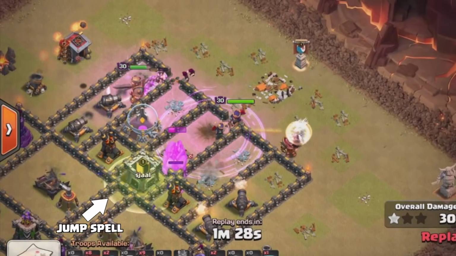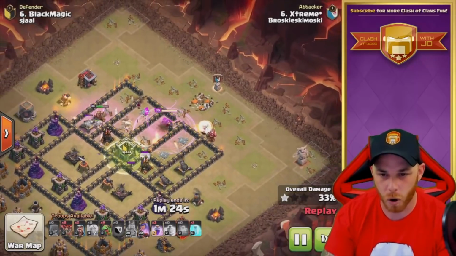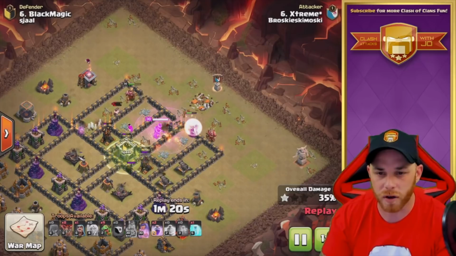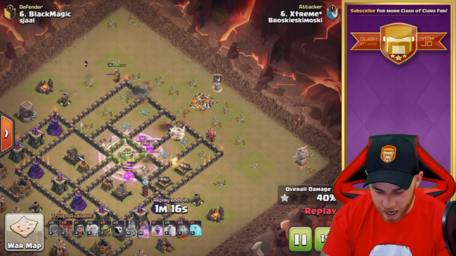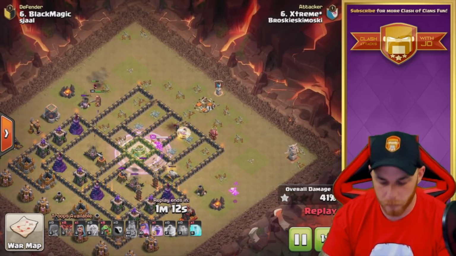Now, what I'm quite impressed on, personally, is the fact that the healers did not shift over to the golem. That's kind of unusual for me. I'm not used to seeing that. Normally, the healers would have shifted over to that golem due to his health being taken off so much. Anyways, that jump is going to carry that golem or golemites down in the southern portion of the base,